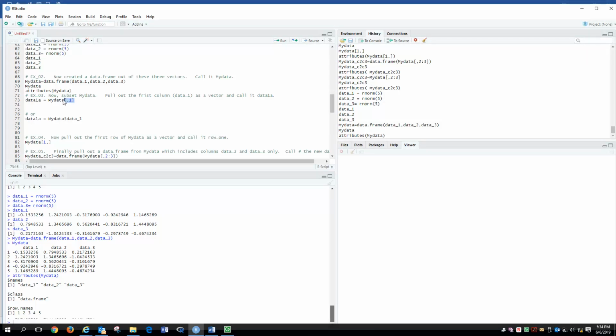Now that's how I'm going to subset with square brackets. So notice when I look at it, think about a data frame, I'm talking about rows and columns. The first space is for the rows and the second space is for the columns. I'm not identifying any rows, that's going to imply all the rows. And then I have a 1, which is going to apply the first column. So when I run that, I'll get